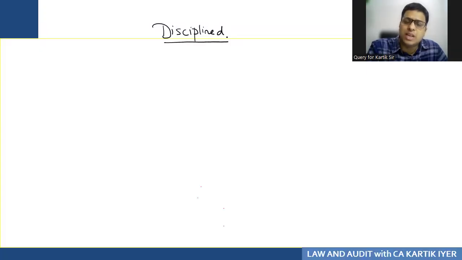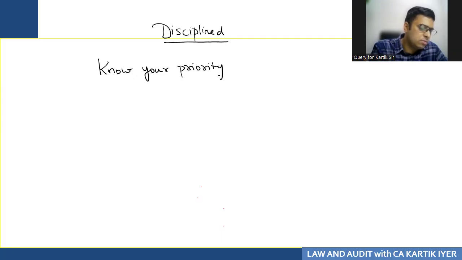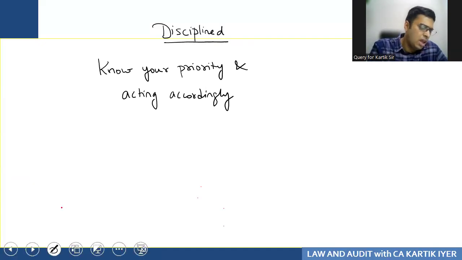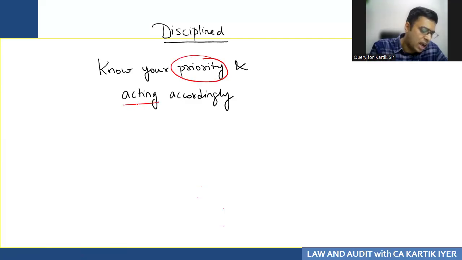Discipline basically means what? Discipline basically means to know your priority and acting accordingly. That's it. You should know your priority and you should act accordingly. That is discipline. Something that might be a disciplinary issue for you may not be for me, may not be for some other student, because we all are different human beings, correct? But if something is your priority and you are not acting accordingly,